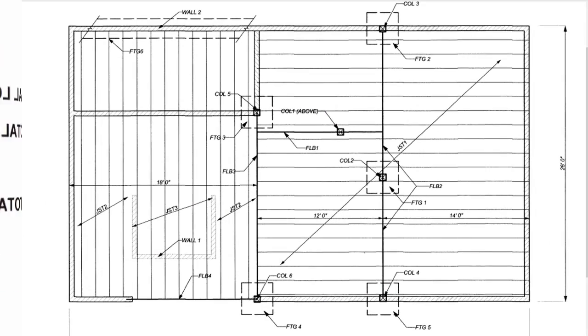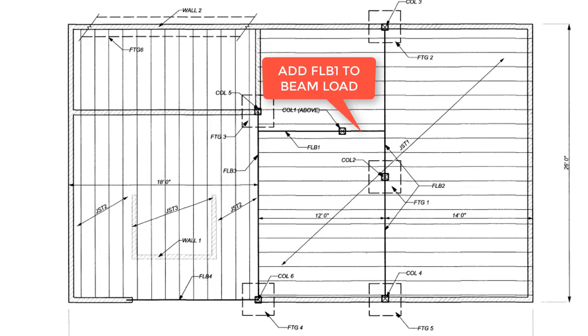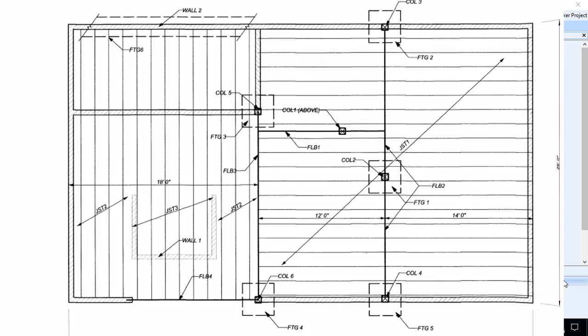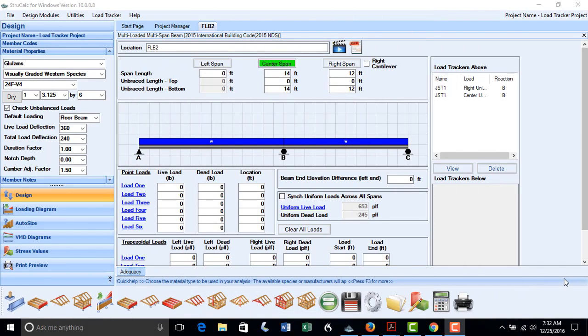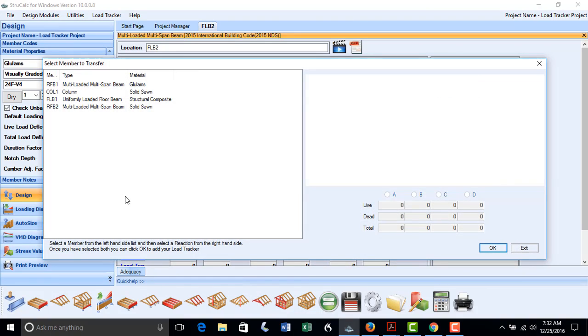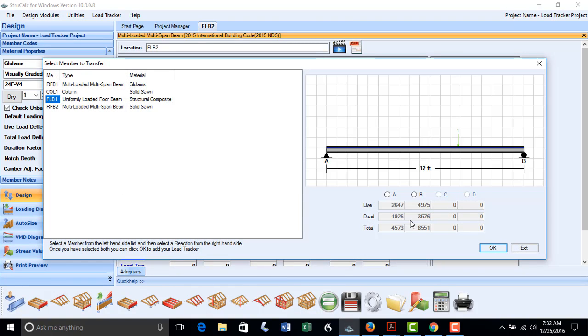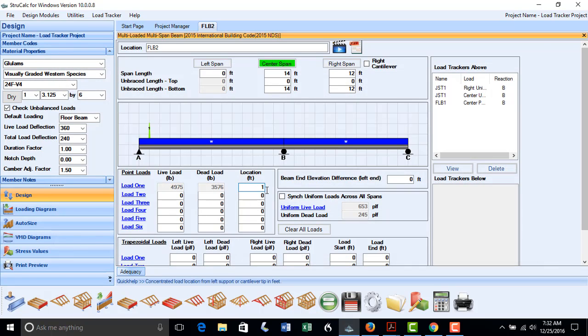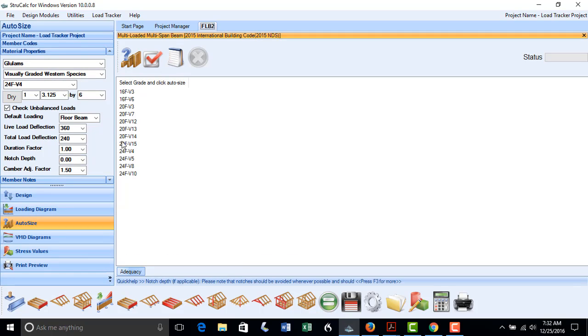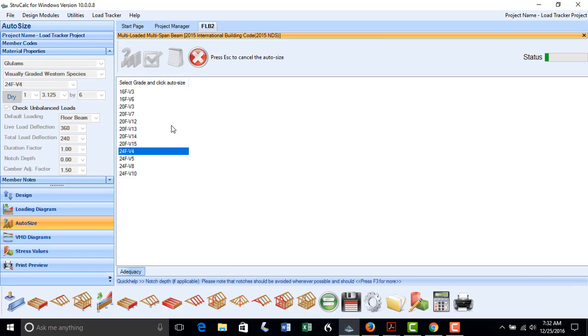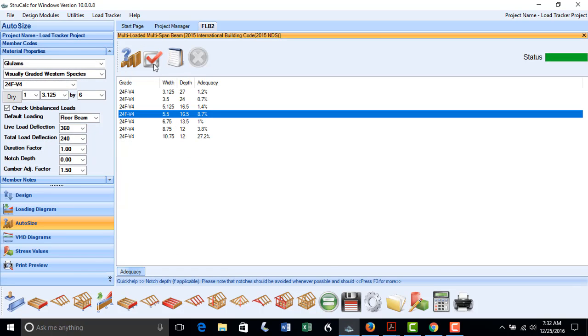We will now complete the design of this beam by adding the point load from floor beam FLB1 on the left span. Click the point load hyperlink, grab the beam reaction from FLB1, and input the location at 10 feet from the left end support point. By auto-sizing, we have determined that a 5.5 by 16.5 inch glulam beam will be sufficient to meet the design